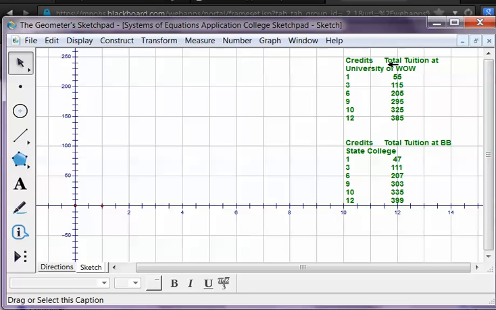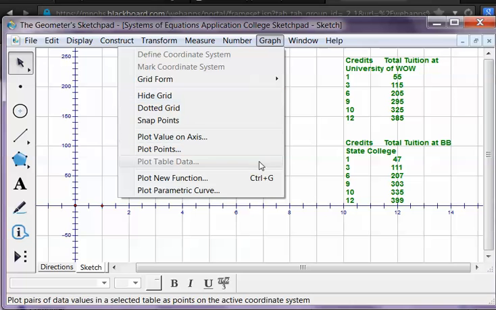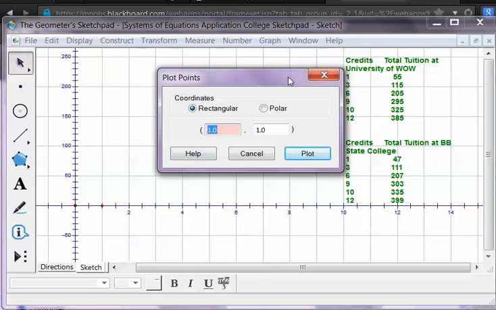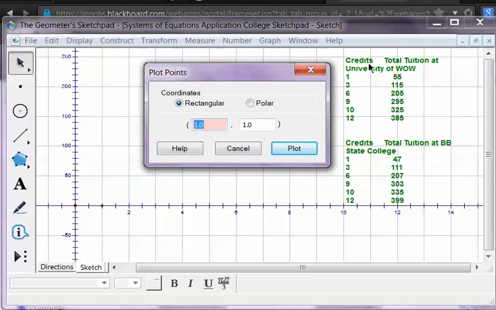Now, I'm going to do this twice. I'm going to do it once for the University of WOW, draw a line, pick a color for my line, and then I'll do it again for the BB State College. I don't want to do it all at once because then it would be almost impossible to figure out where the lines go. So if I go to Graph, Plot Points,